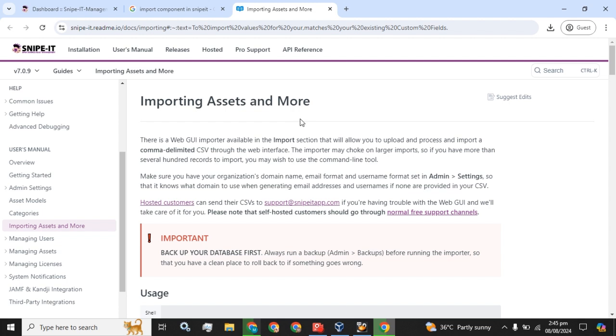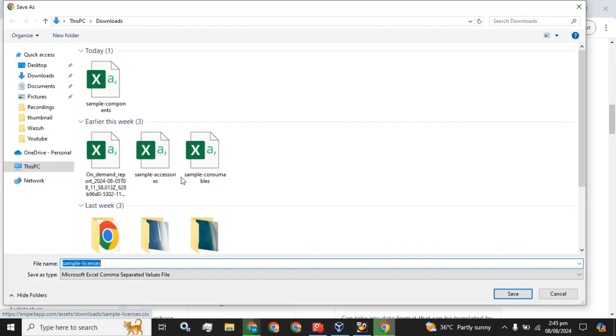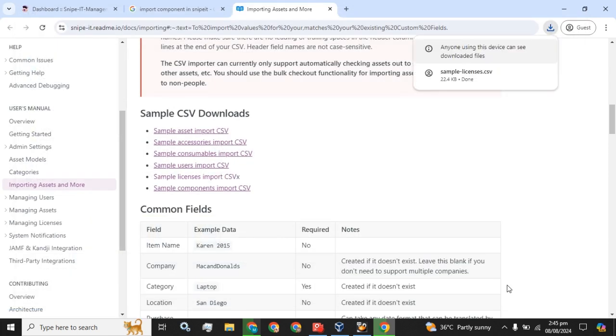So today I am going to show you how you can download that sample that will be used to import all your available licenses to your Snipe IT asset management tool. On the website, you simply have to find this importing assets and more option and scroll down a bit. If you see here sample CSV download, you have to download the sample licenses import CSV file and you have to save that file